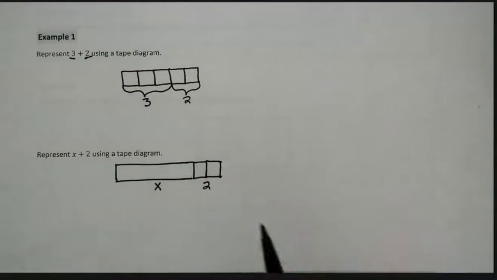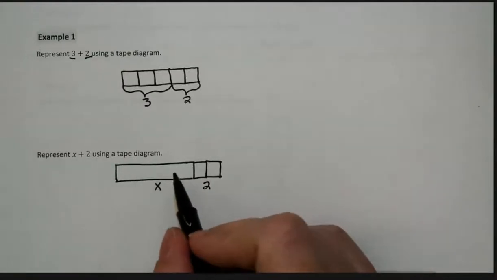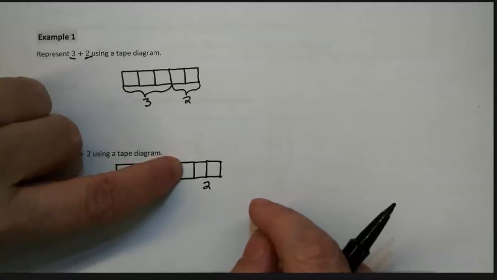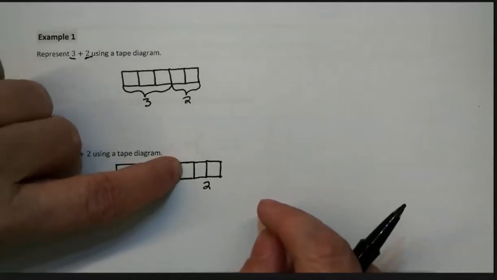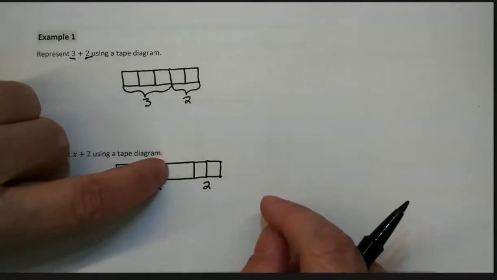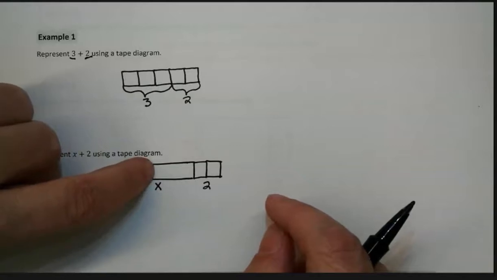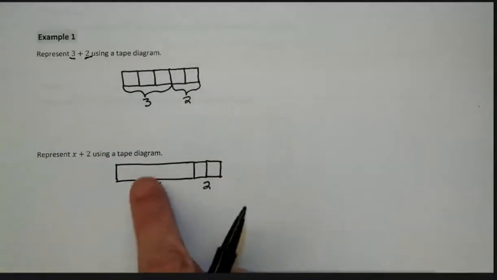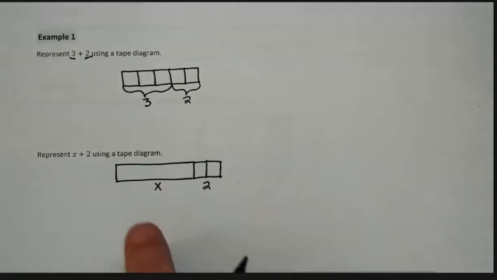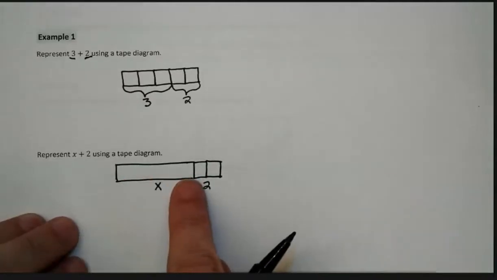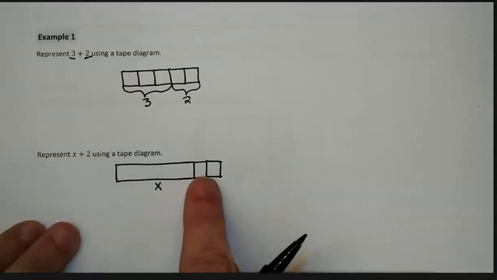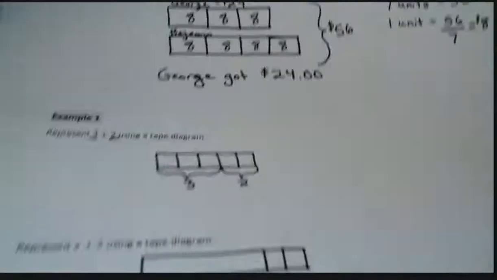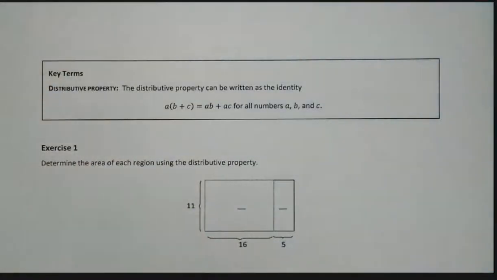Okay, we don't know how much the x is. Now, if we wanted to, we could try to kind of figure it out. I mean, by shape, I drew this x to be about 1, 2, 3, 4. I'm guessing between 5 and 6 would be the length of this x, but that's not what's important right now. It's just showing you how to represent these problems using the tape diagram. Let's go ahead and move on to the next page. On the next page,